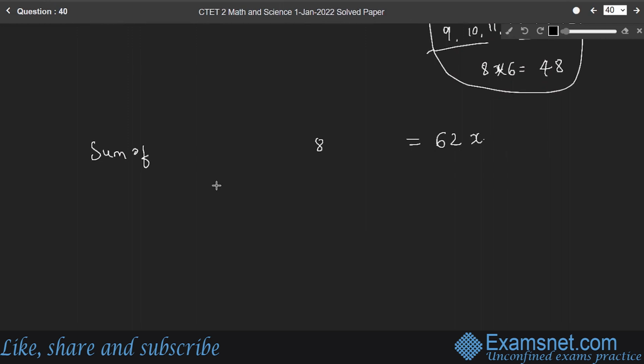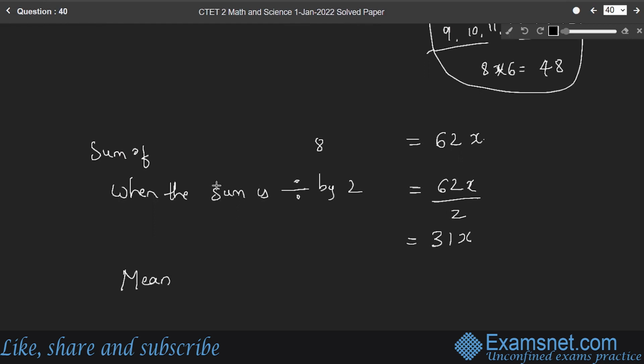Okay. So this sum is, according to the question, divided by 2. When the sum is divided by 2, then it becomes 62x by 2, which is 31x. Therefore, mean of resulting observations is equal to